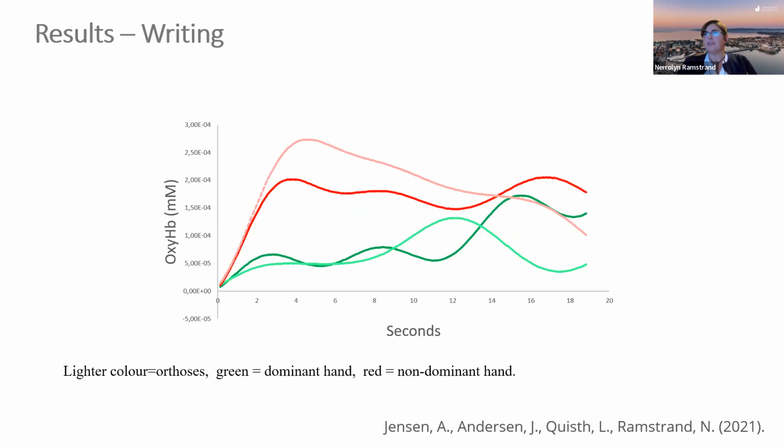So the lighter colors, the light green and the lighter red pink color, are the orthosis conditions. And here we don't see any huge differences, which surprised me a little bit, because when you look at the individual's writing, you see that the fingers are flexing or hyperextending a terrible lot. So no huge significant differences to report there, and the same with the box and block test. So it's more the precision tasks like picking up coins where we started to see a difference here.